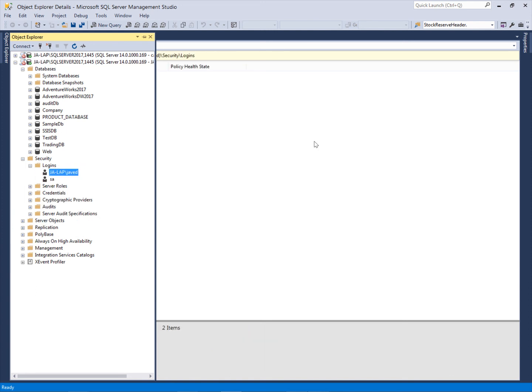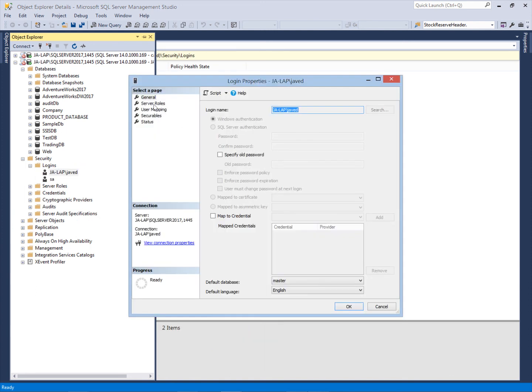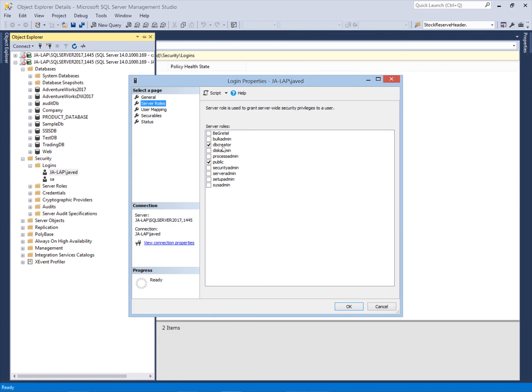This is the login, and these are the roles assigned to me at the server level. The role DB creator is assigned to this login. I'm logged in as Javed, and this role is assigned to me. So this is the login, and these roles are known as the principals at the server level. So these are the server level principals.